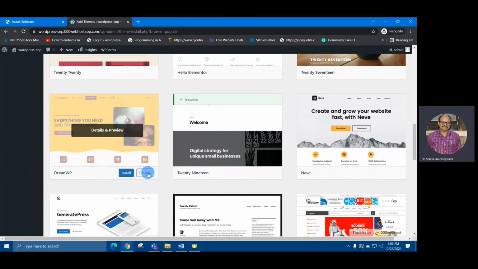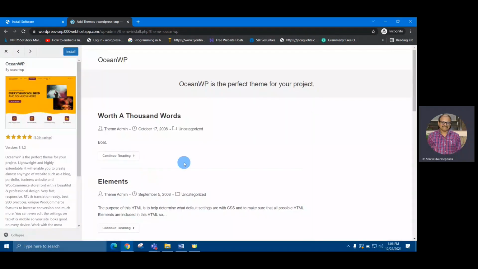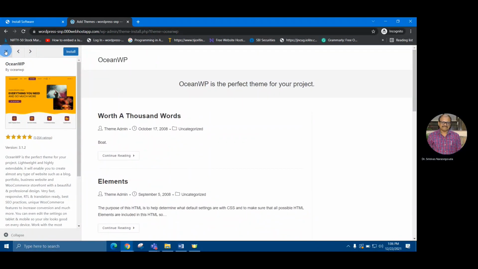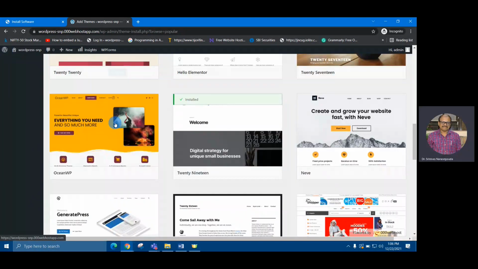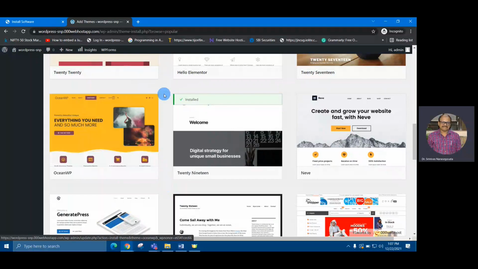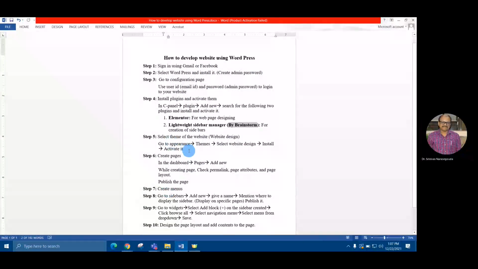If you want to know how it looks, you just have to click on the preview button and then you will get an idea about how the web page looks like. And once you're convinced with the theme and its design, you can select install and then activate it. So till now we have completed up to step 5.